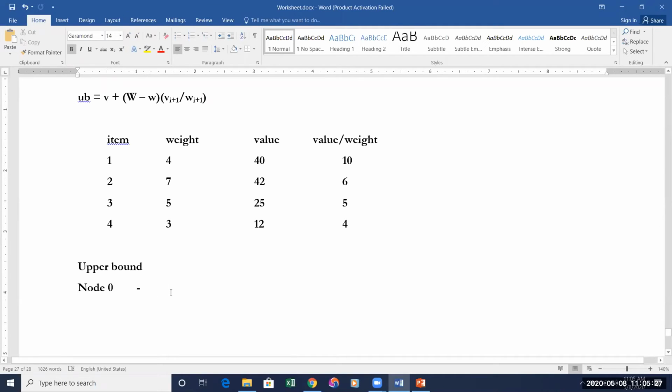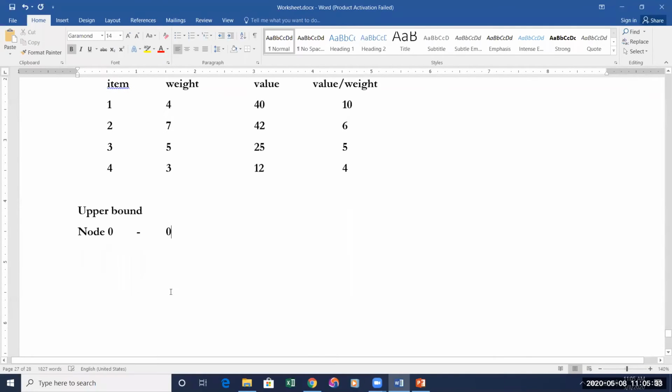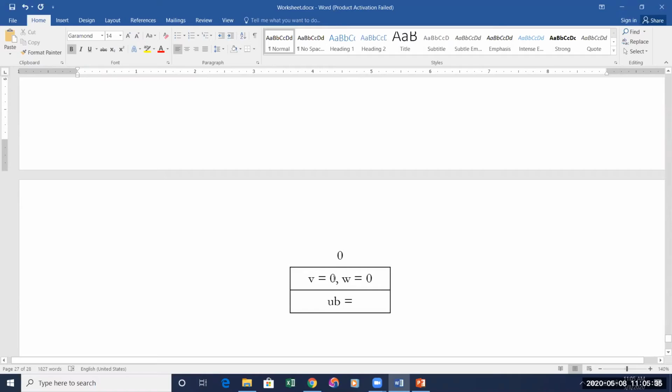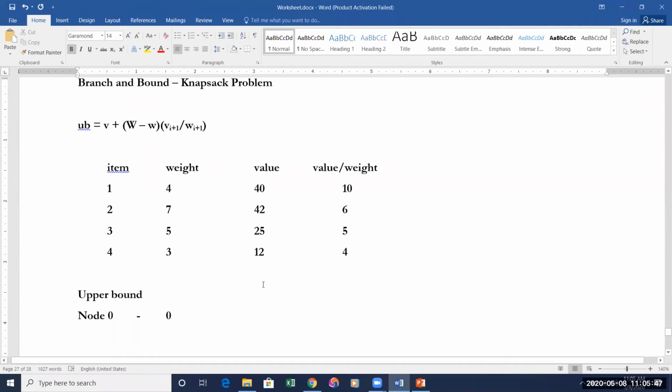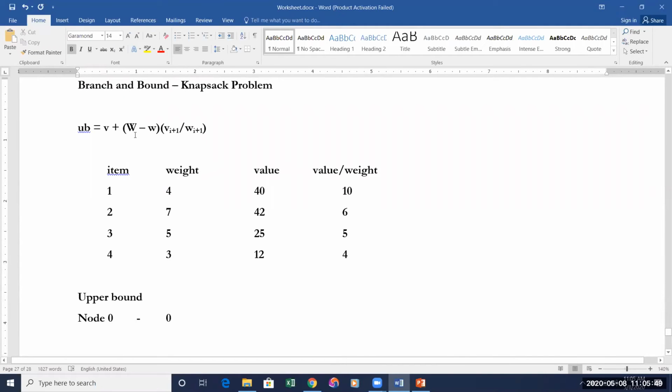What is the value of V? Initially, you are not considering any items in node number 0, therefore the value is 0. So this we have written here, value is 0 because you are not considering any items. If you are not considering any items, the value will remain 0. Even the weight, if you don't consider any item, the weight is also 0. That means V plus, what is W? Knapsack capacity is 10, minus